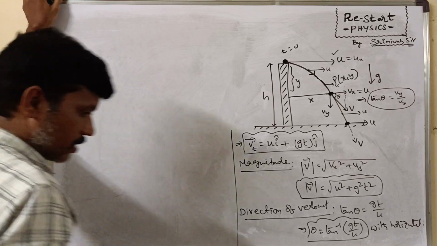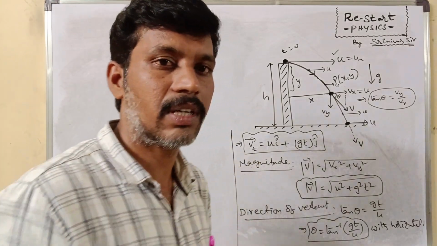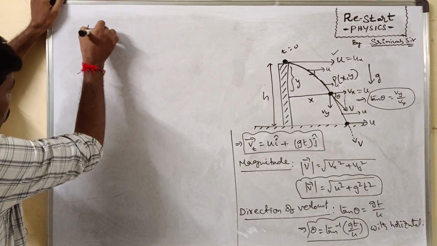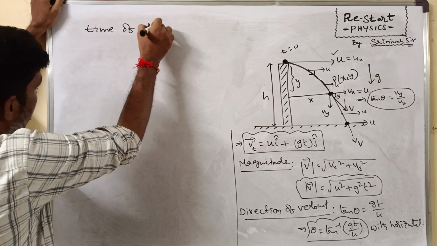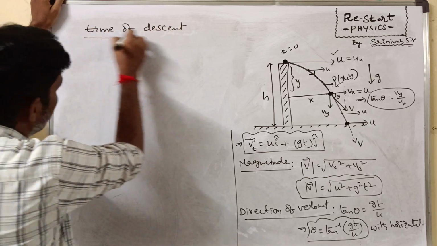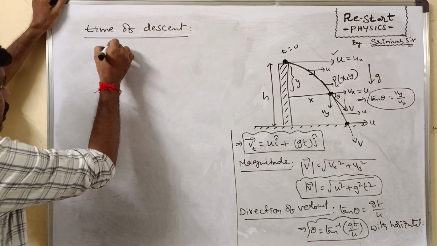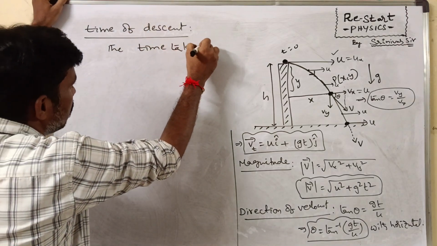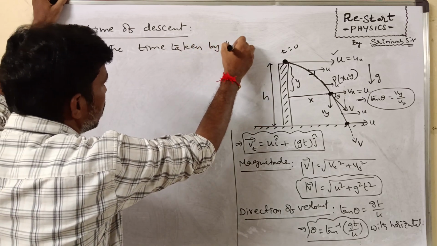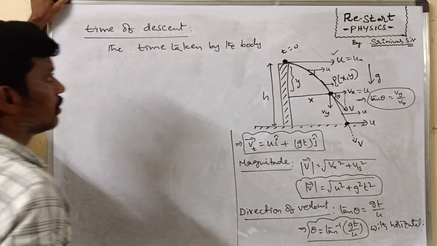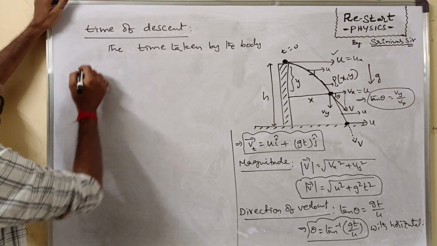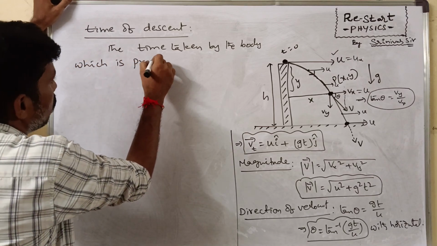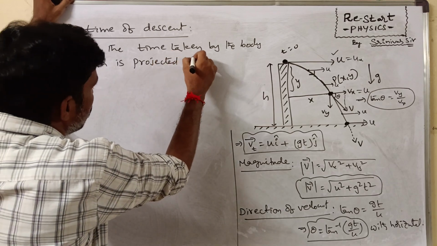Next, there are two motion parameters: one is the time of descent and the other is the range. So now we can find the time of descent. Time of descent means the time taken by the projected body, the body which is projected horizontally,